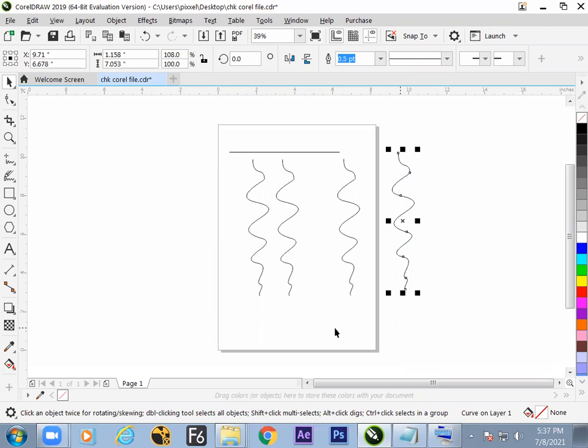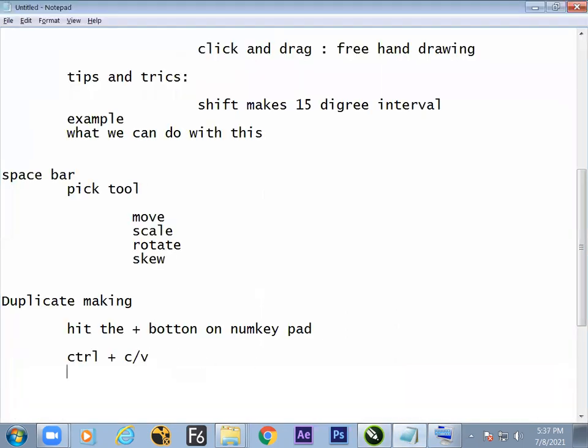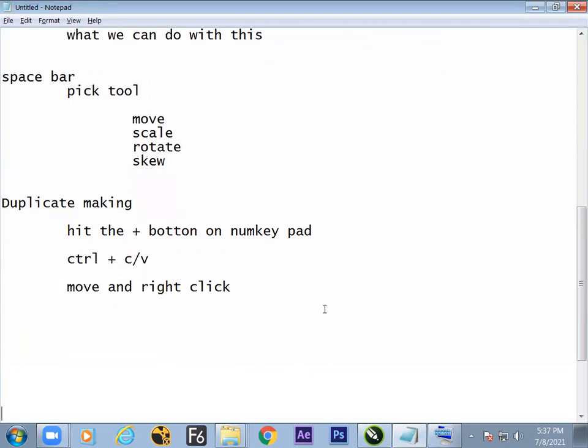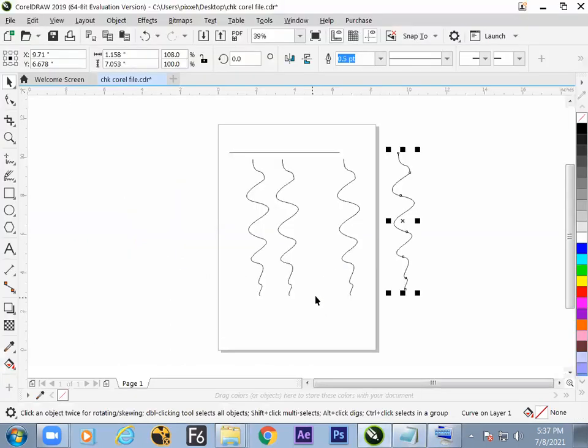Is this process understandable? I'll write down here the third process of duplicating. What is the third process? Move and right click to get a duplicate. So hope on your screen, 3 different methods of duplicating an object are available. First method, just one button, duplicate finish. Second, Control C, Control V. Third, move and right click. Right click is there on your normal mouse. While you're moving, you're just moving by left click. But while leaving, just give a right click. Then you can find a duplicate will form.